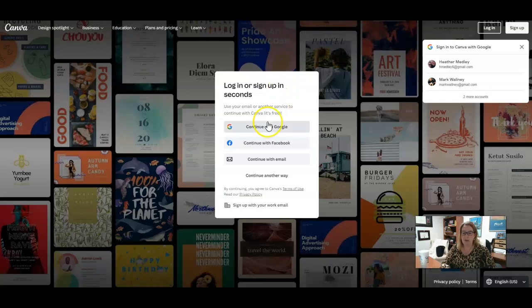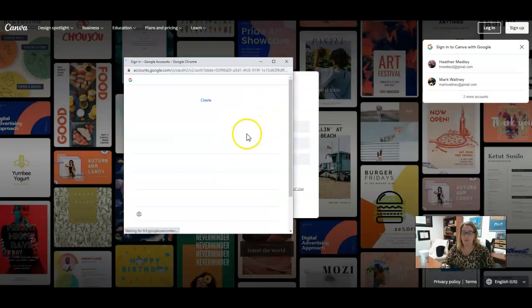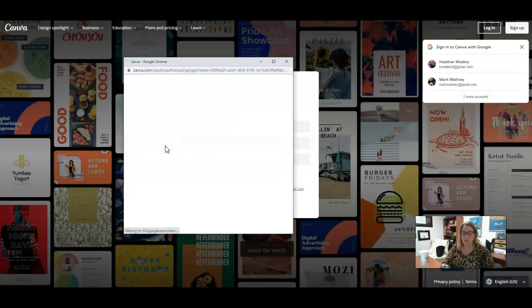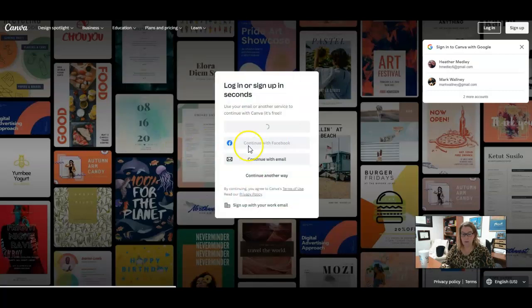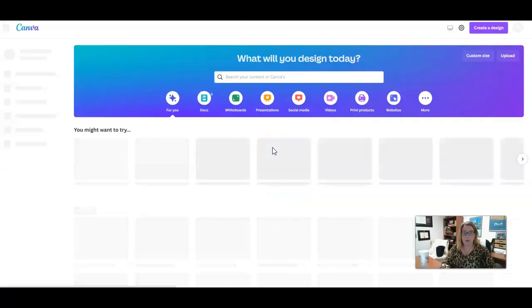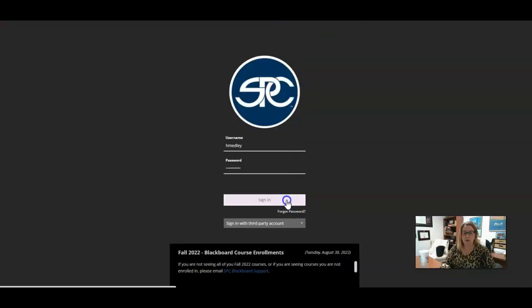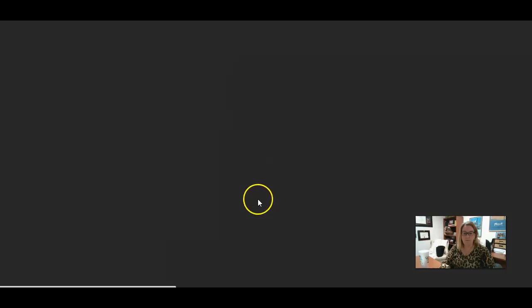This is what Canva looks like, and I'm going to log in just with my Google. And this is what the free version looks like. We want to create a custom size. We know those banners at the top are a little weird, so I want to show you how we find that. So when we log into Blackboard,